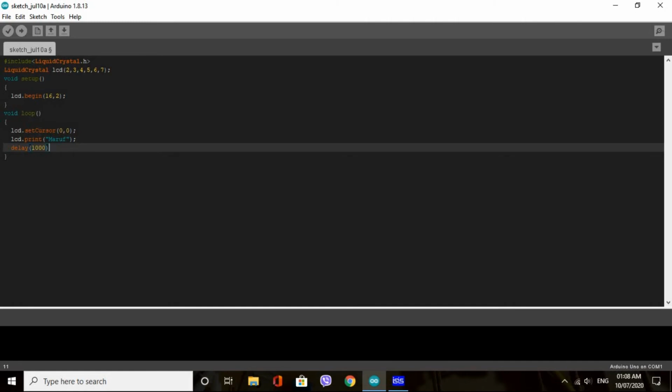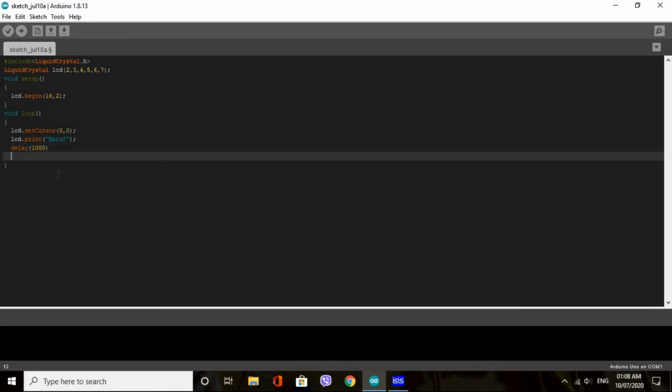But in this case, as you also saw in the video on how to control LED, I gave 2 times digital write low, digital write high. I gave a time. So here also we will have to do the same. For the LCD we gave a delay, means it will come for 1 second and it will again go for 1 second. But according to the code that we have written, it only includes that it will come for 1 second, it will never go. So for taking it away for 1 second and again bringing it for 1 second, we will have to